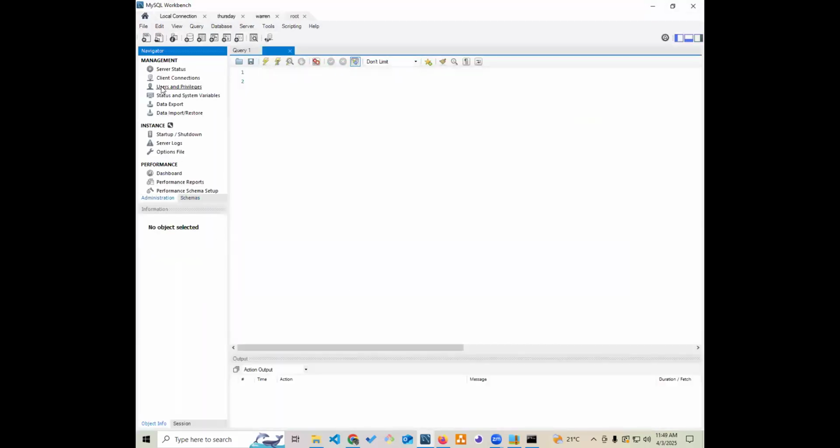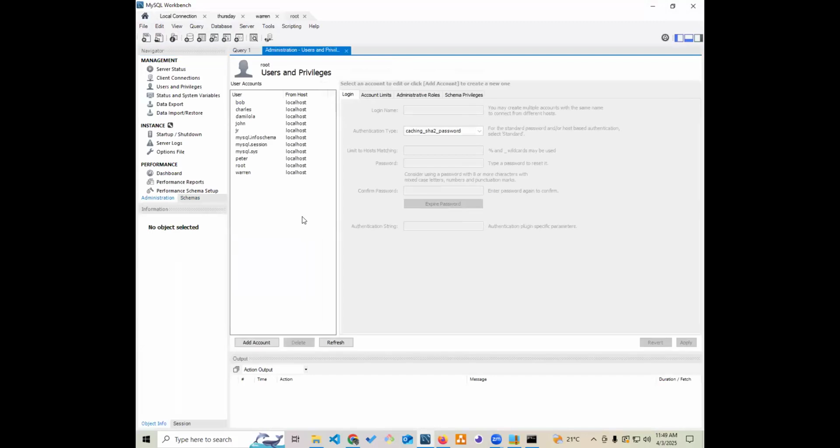Refresh, come back here. There. So another alternative, when you get that kind of error, just try to log out and then log back in, just to tell the server that you've logged in as root. Now, once you click users and privileges, you'll see your name will be here,